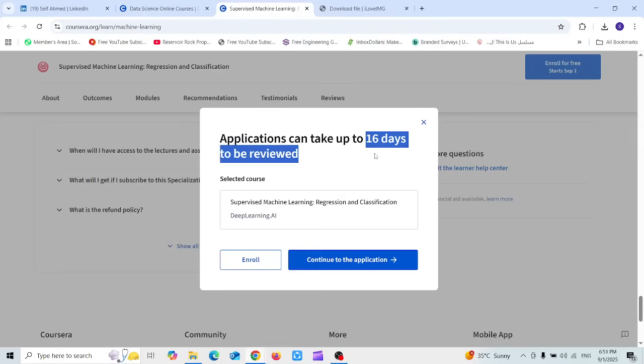You need to wait for 16 days. So if you are in a hurry, you will not be able to take this course this way. And if you try to make a smart move, where you will be able to apply for a financial aid,